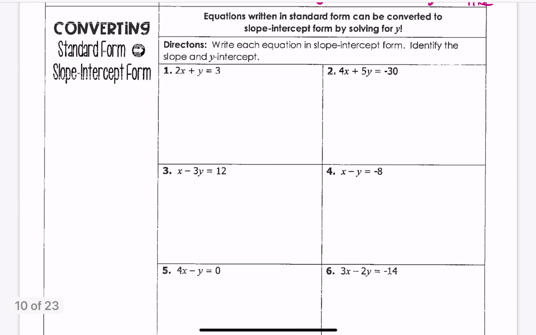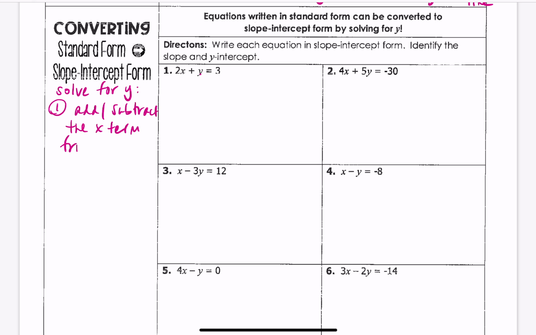So when you have an equation, and we'll kind of go through the steps on number 1, I want to solve for y. So here's y, right? I want to solve for y. So the first thing I'm going to do is get rid of the x term. So over here, I'm going to write the directions for solve for y. So you're going to add or subtract the x term